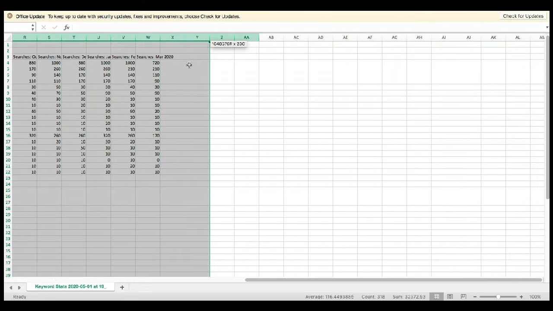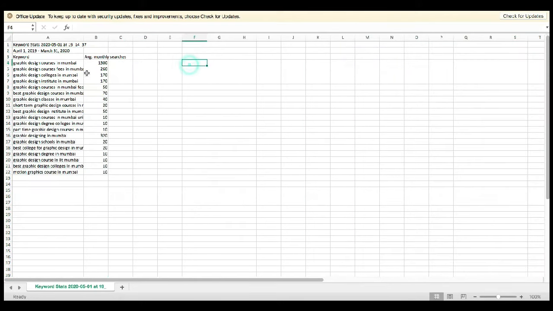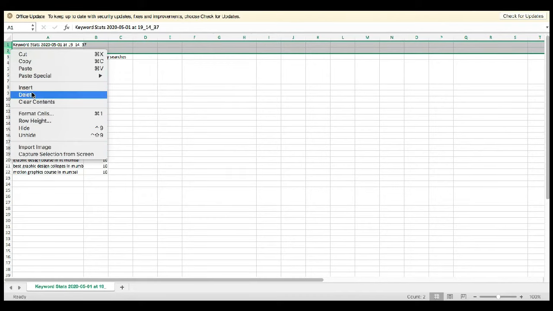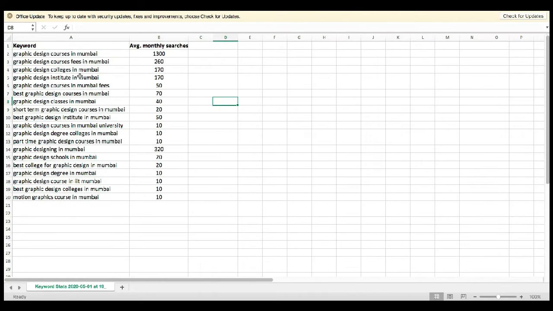So just remove them as well. You should be left with column number 1 and column number 2. These two rows are again irrelevant, so let me just remove them as well. That's it. Now just keep the relevant keywords, and I want you to remove anything that you feel is